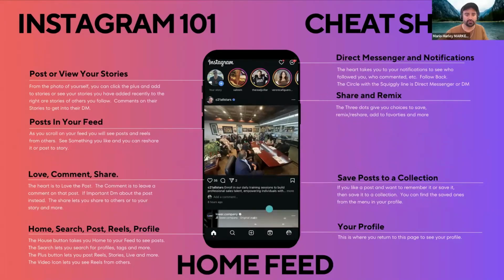The next page is the feed. On the feed, we see all the content. This is where we scroll. This is where we see the stories. See the circles on the top? Those are people's stories. I can go check out Valeria's story. I can check out my buddy JJ's story. I can check out Veronica Figueroa's story. I can see the content coming in. So this is where you view the stories. On the top right is where you can send direct messages. The 3 dots will allow you to share a post or remix a post. Below the post, there is a heart, there is a message, and there is a share.